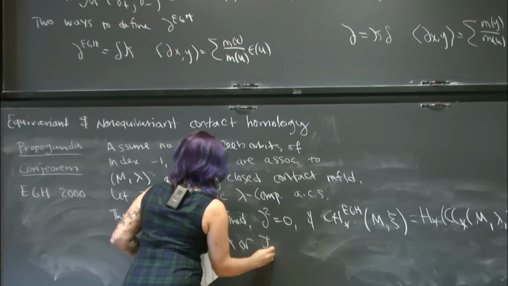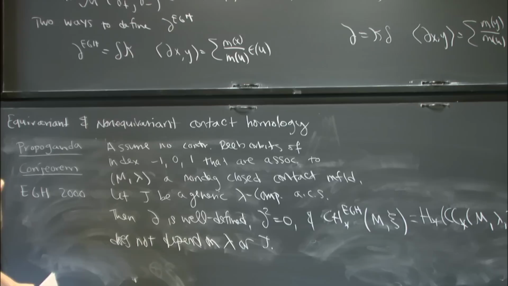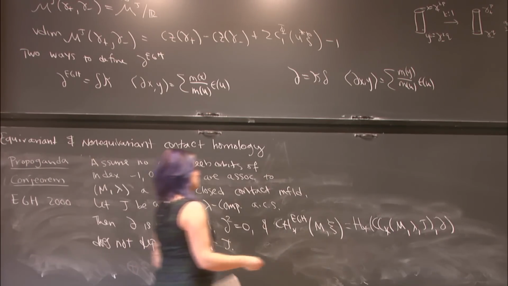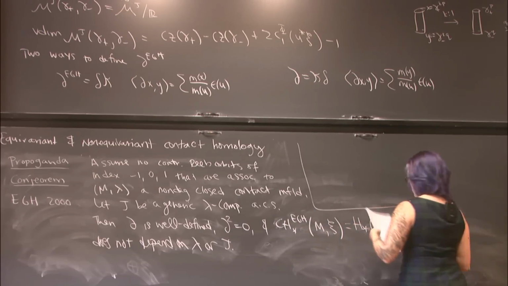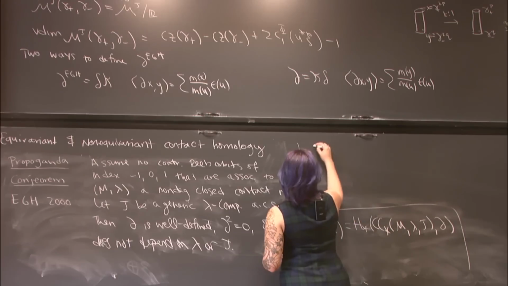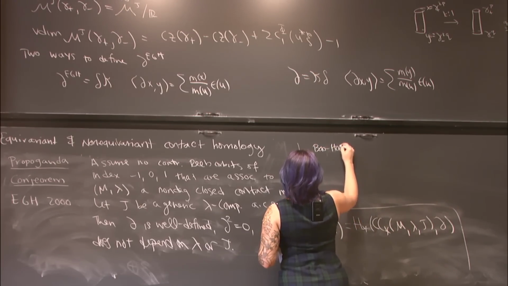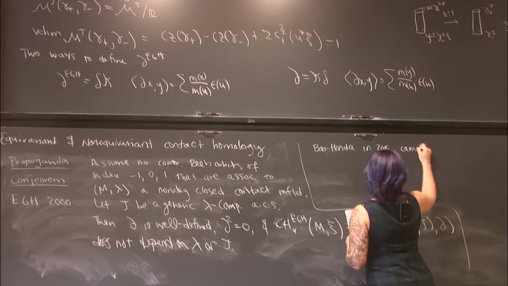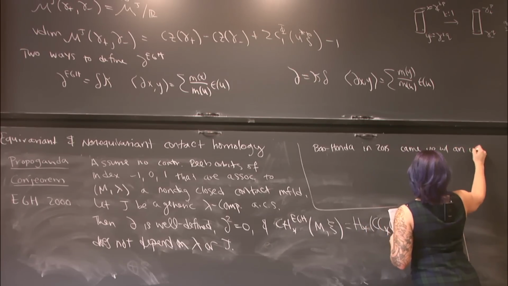Lambda or J. Okay. So the difficulty is that these moduli spaces can consist of multiply covered pseudo-holomorphic curves, and so it's hard to guarantee transversality, and so there are some partial results in the cylindrical world. So let's see, Bao and Honda in 2015 came up with an invariant,